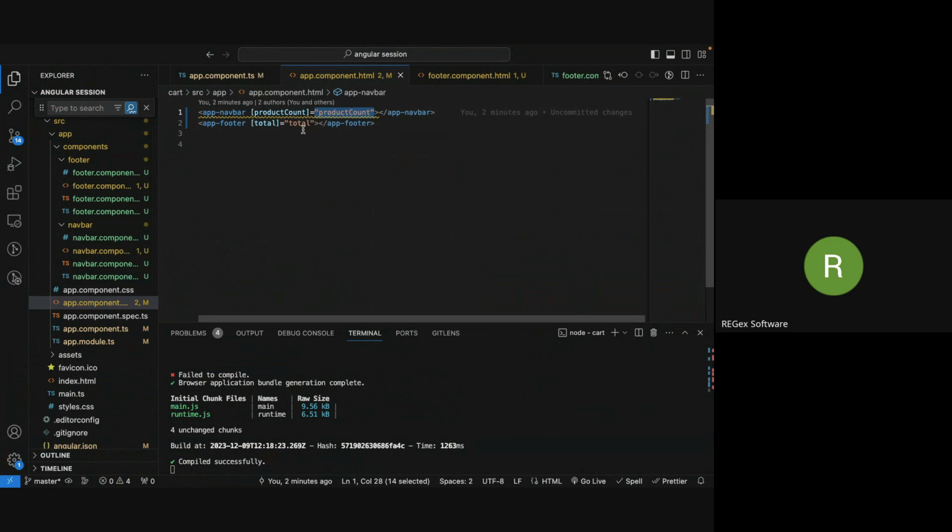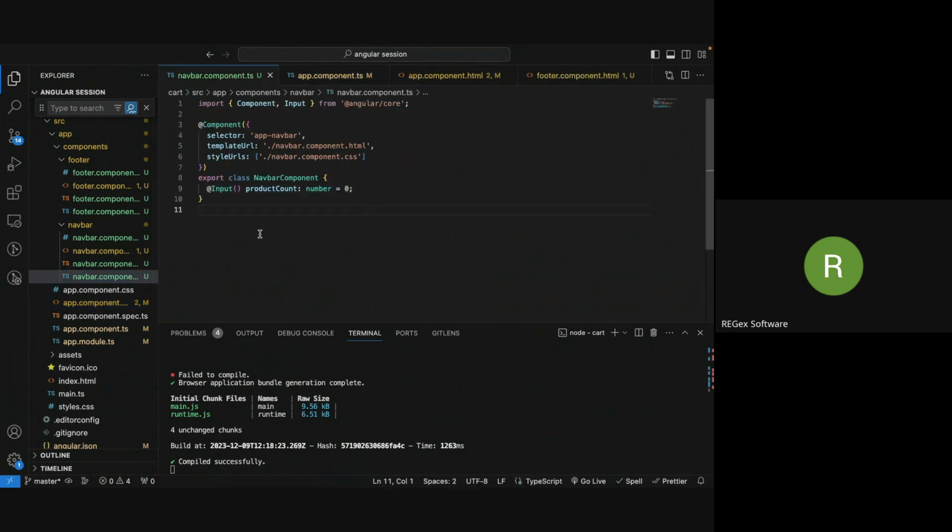But if I don't mention this in the child, if I don't put the message in the child that you should expect some input, in that scenario, what will happen? It will give us error. So I go to the child TS file. In the child TS file, I imported an input tag, the input decorator. Okay, I imported this decorator